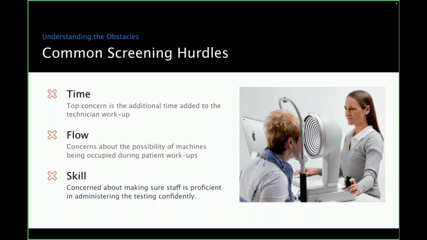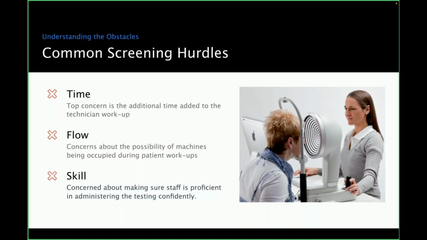Let's look at patient flow. So there's the concern of the machines taking too much time. They're holding up our pre-testing area. It turns into a backlog of patients waiting to get into that area. That can be true. And so there are meibographers that are great to have for pre-testing. There's meibographers that are great to have for your full dry evaluation.